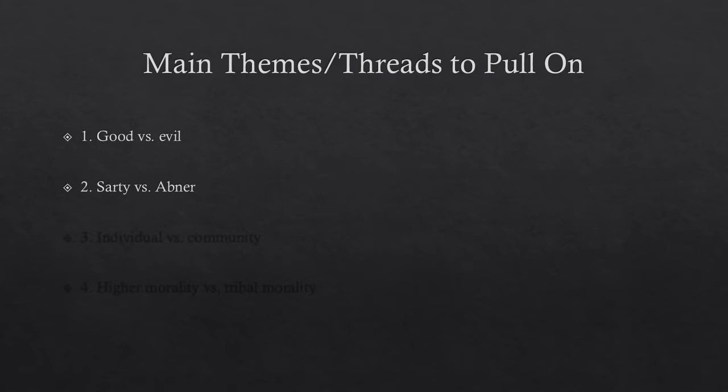So asking, is Abner evil? What do we do with the nature of evil? It's a conversation we have to have all throughout human history, but especially so in today's world. Another important thread or aspect of the story here is individual versus community, because Abner says over and over again, you got to stick to your blood. And he's created a family unit that, with the exception of Sardi, basically obeys him and follows his lead. Problematic and wicked as his choices and actions are, community is a good thing, right?